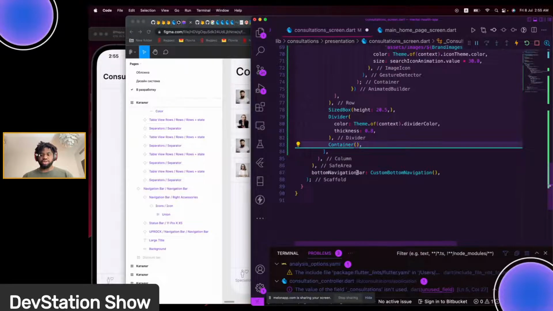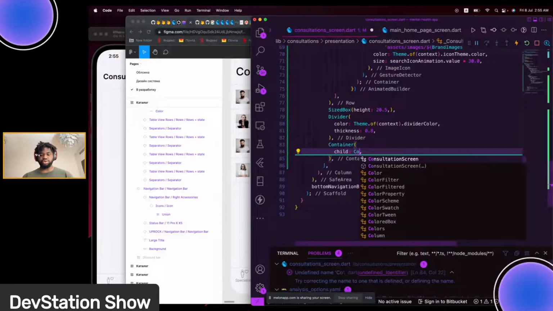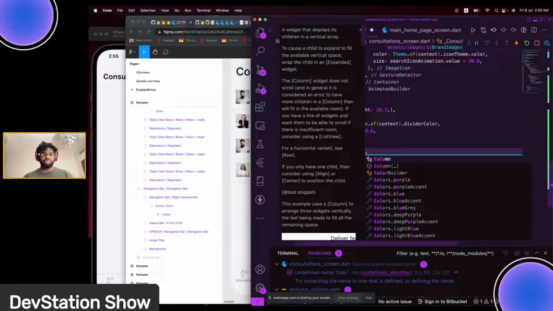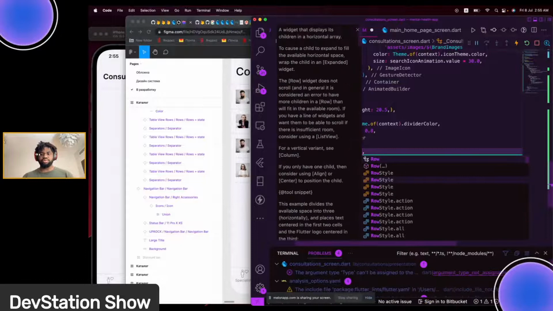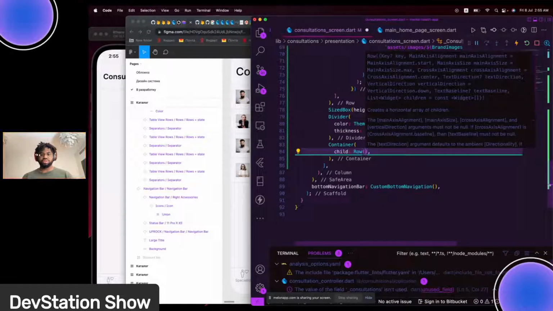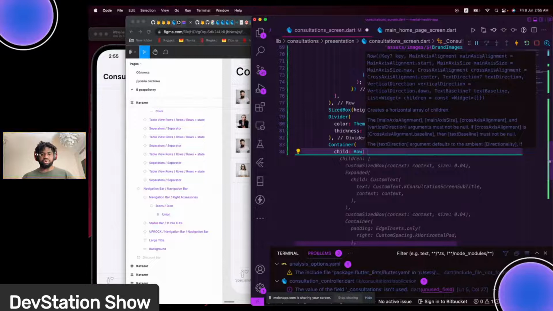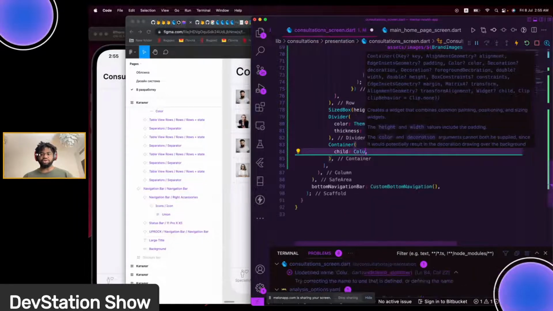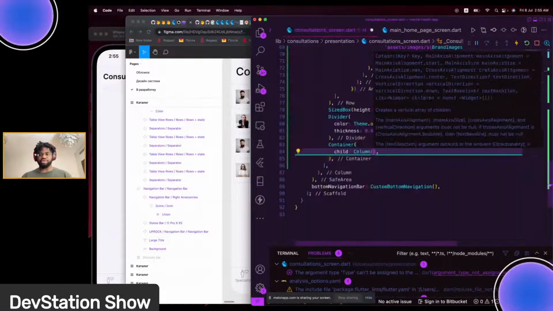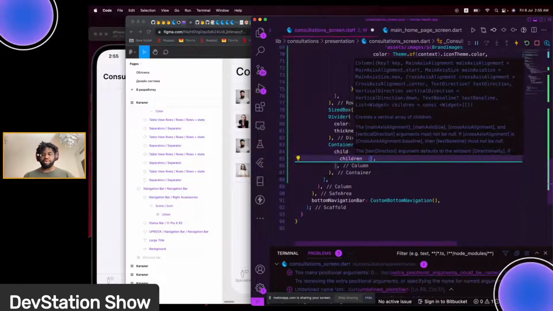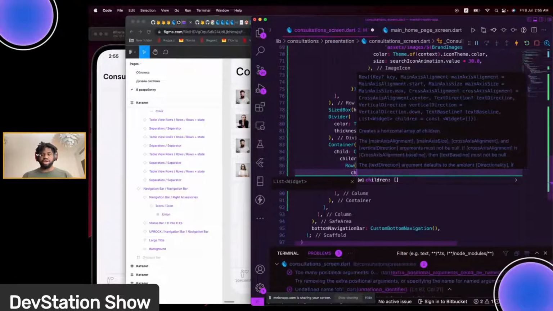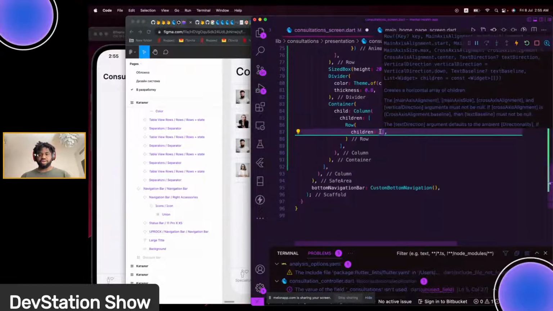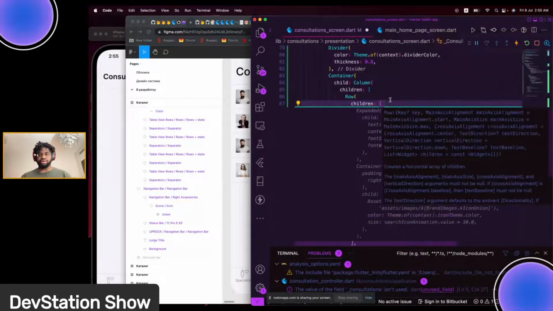And we're going to say the container, we have a child property, which is going to be a column. No, not a column. It started being a row, a column, but a row widget. Oh, let me see. Okay, we are going to make it a column since we are going to add a divider at the end, so we're going to make it a column. Children property, and the children's first child in there is going to be a row that has the children, and inside the children we are going to have, let me see,